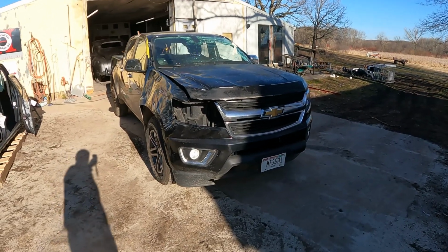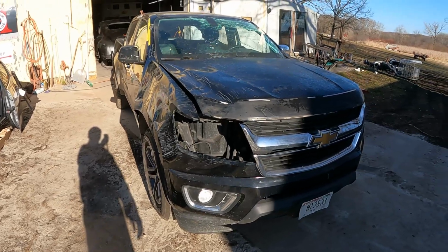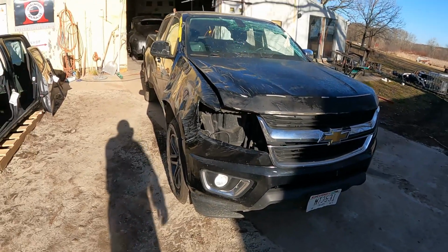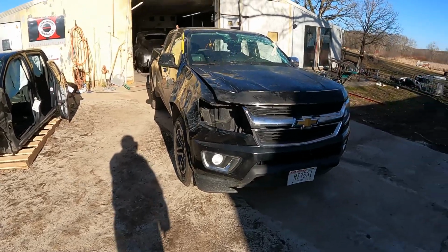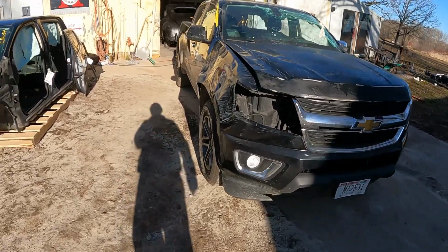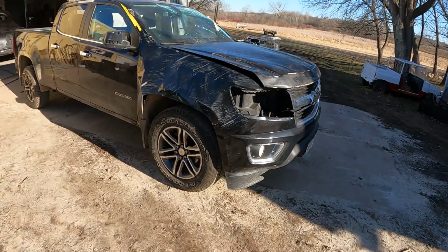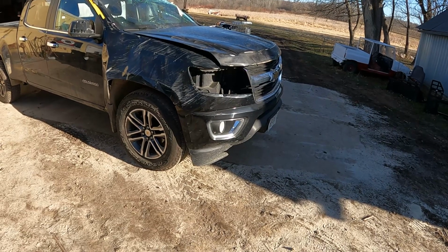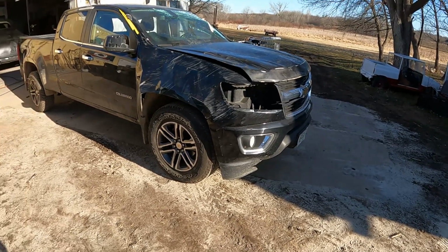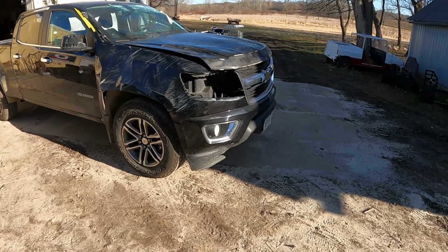Well, here I am working on this 2019 Chevy Colorado. You can see it's about 8:30 in the morning by the length of my shadow there. But yeah, I had this thing was a rollover. The guy lives in Wisconsin. That's about 60 miles. He lives about 60 miles east of me, and he wanted to know if I